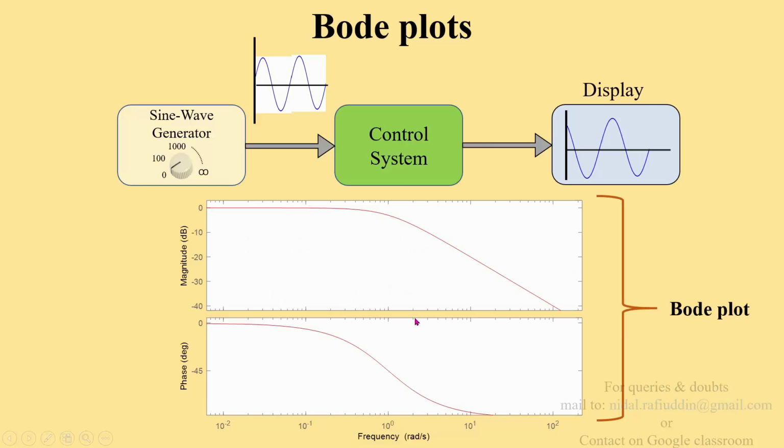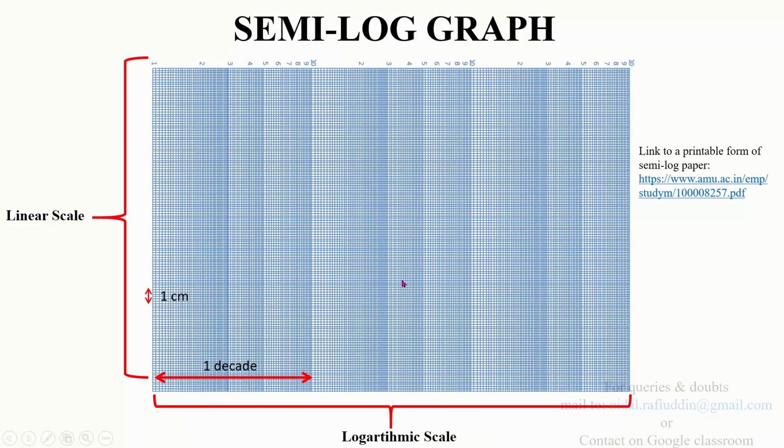Omega is drawn on the axis corresponding to the log scale, which is the x-axis, while magnitude and phase are drawn on linear scales. Now this is the actual semi-log paper that you will normally be working with, and you can easily find this at a stationery shop. If you look into this paper, you'll find that the scales on the x-axis are not linear or not uniformly distributed, as I just told you. And if you look at the top side of this graph paper, there are certain markings like 1, 2, 3, 4, 5, 6